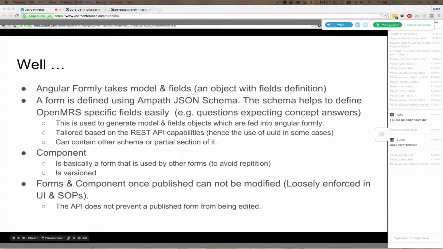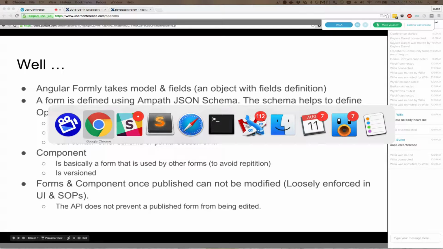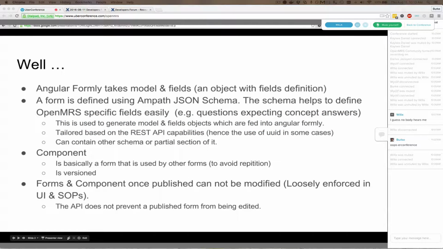So Darius, if we remember, the concept of forms can be a form of forms, can contain forms. So that's where we are, and we're just doing a one-level containment. So we don't do it recursively, like expecting to have a form containing a form which contains a form. We don't do that. And with that also, we can just take a portion of the schema we want to use in our current form. So in our definition, a component basically is also a form that is just used by other forms.